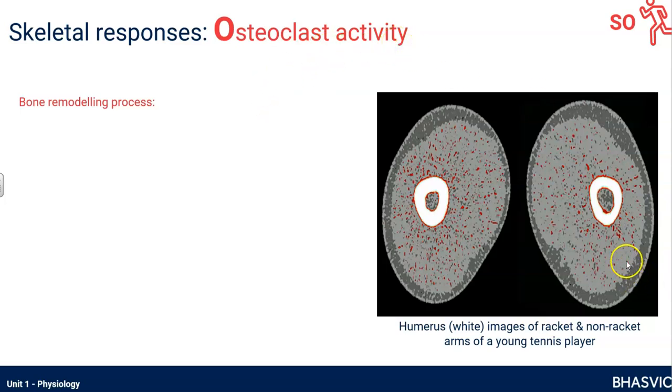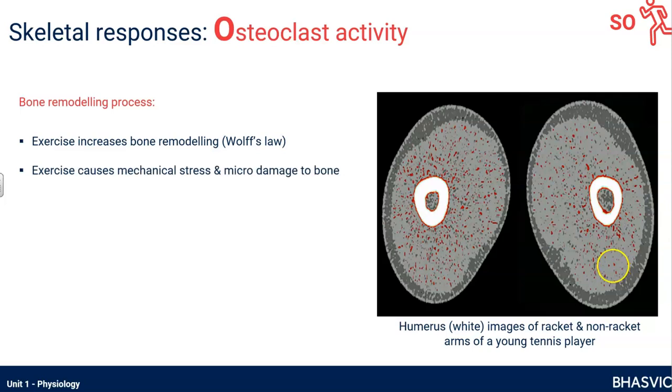So what happens when we are exercising is exercise is a stimulant for bone remodeling. It's Wolff's law. The more intense, the higher impact your activity, the more stress you put down through your bones, the more remodeling is stimulated. So it happens as a response to exercise. So exercise causes mechanical stress, basically little bits of damage in the bone. And then because of that damage from the exercise, osteocytes will detect this problem, and will basically